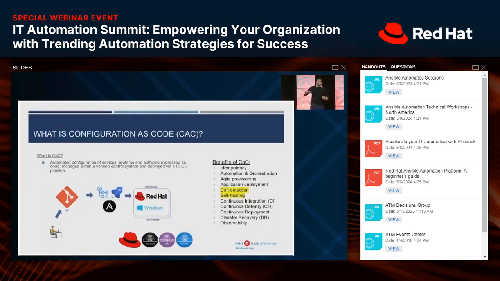Now, using the CaC framework, it actually allows you to configure a lot of things. So let's start at the base. Imagine you have your engineering team that actually gets you a virtual machine with a vanilla operating system installed. Now, on top of that, you need to configure your operating system, which for us, mostly the standard is the Red Hat Linux operating system. Then you need to install your binaries of the middleware on top of it.